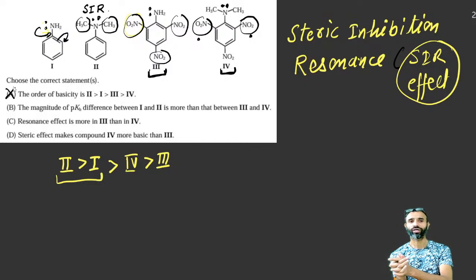But at third and fourth, it is already very low. So even the SIR effect will not enhance its basicity to a large extent, because it is asking about the difference. So the difference between first and